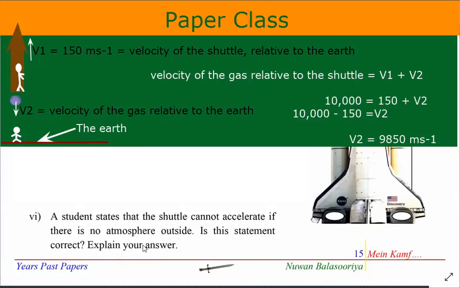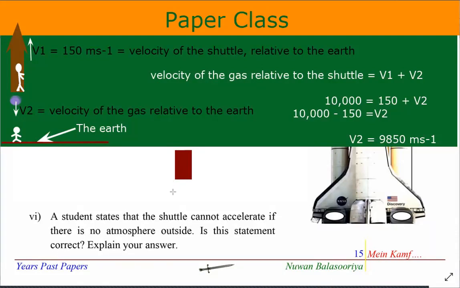When the gas is pushed downward by the rocket, a force must be applied on the gas. If I consider this as the rocket, and this as the burnt gas,